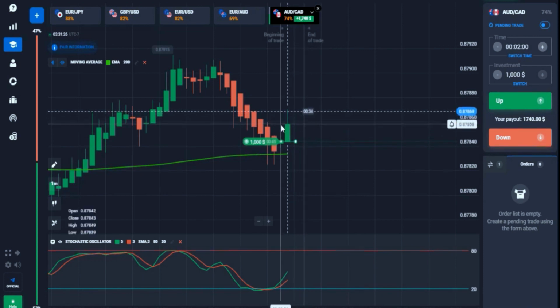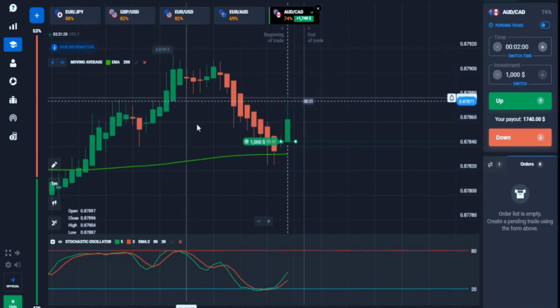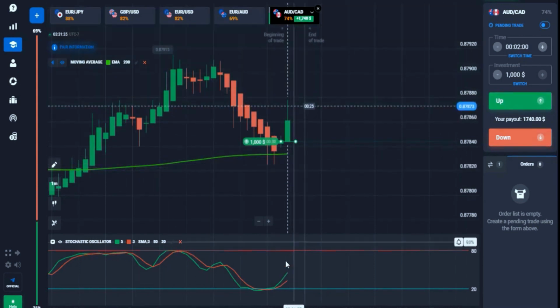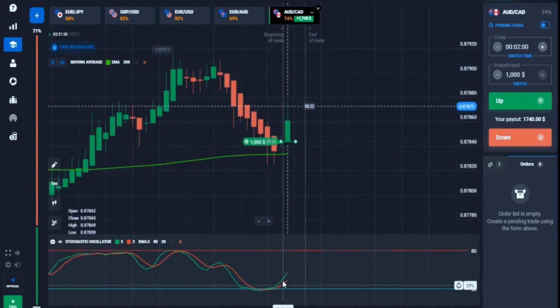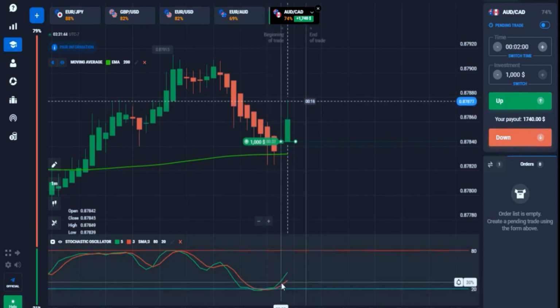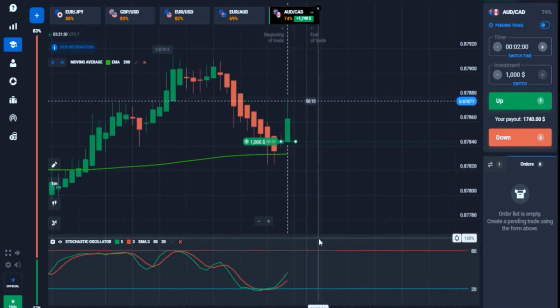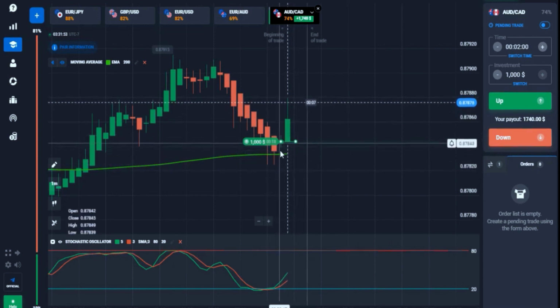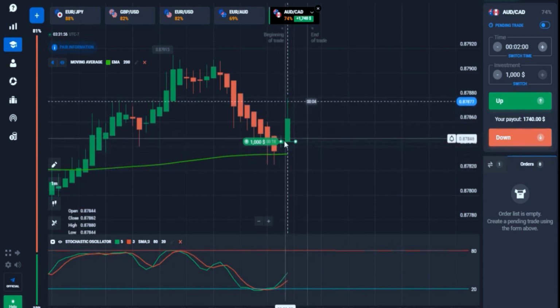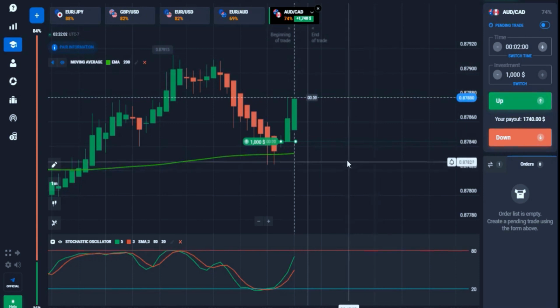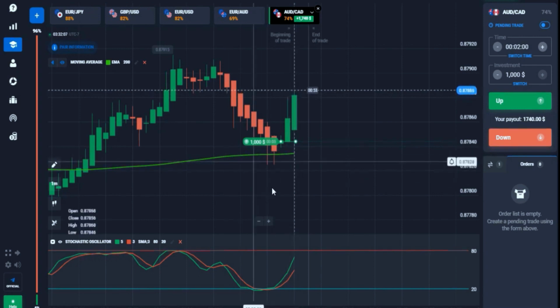All right, but the most important thing is to always make sure that you have your candle above the moving average if you are going for a buy, and make sure that you have a very strong confirmation, which is stochastic. It must be right there in the oversold position. The intersection was happening, and you can see, make sure that the trend is just going up on that. So when that happens, you're definitely going to have a very good moment. Another thing is always make sure that the candle you're taking your trade on has already taken over, which means that the buyer has already taken over the market. Make sure that the candle actually changes to green if you're going for a buy, or red if you're going for a sell trade. All right,